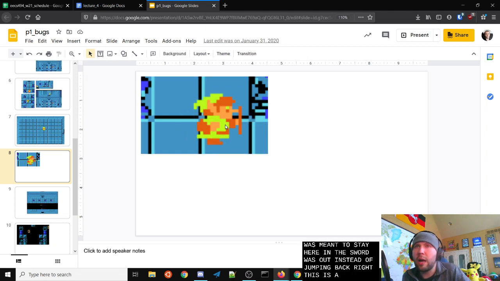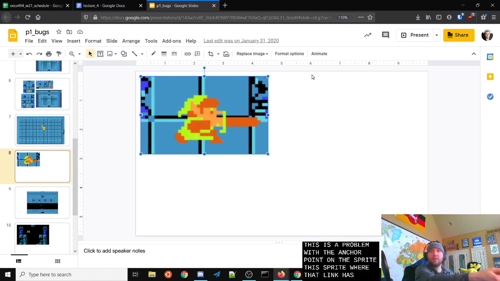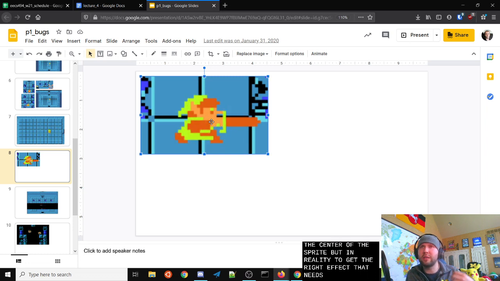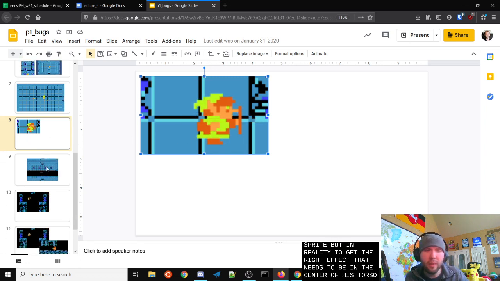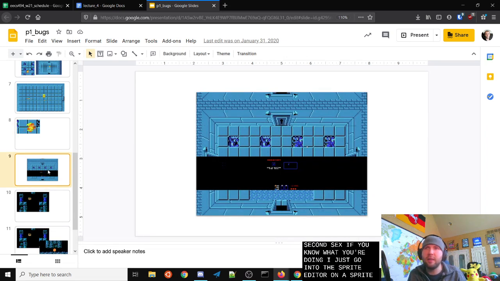This is a problem with the anchor point on this sprite. The anchor point by default is going to be in the center of the sprite, but in reality, to get the right effect, it needs to be in the center of his torso, okay? It's a 30-second fix if you know what you're doing. Just go into the sprite editor on that sprite and drag the pivot point over.